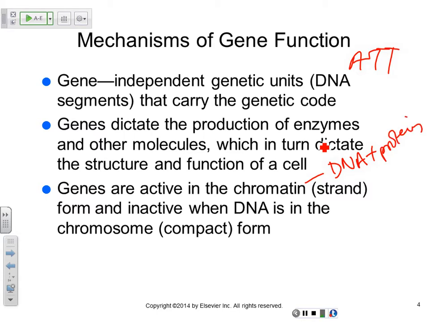And then the chromosome is actually a folded up part of that genetic material, and it's inactive because it's really folded up. But chromatin is in strand form, and that's what becomes active, and that's what is transcribed. Why would you think that DNA is attached to these histones, these proteins, instead of just appearing as DNA? Wouldn't it make it easier for transcription and so forth? Why is it all coiled up and wrapped up in these proteins? What do you think is a good reason for that?